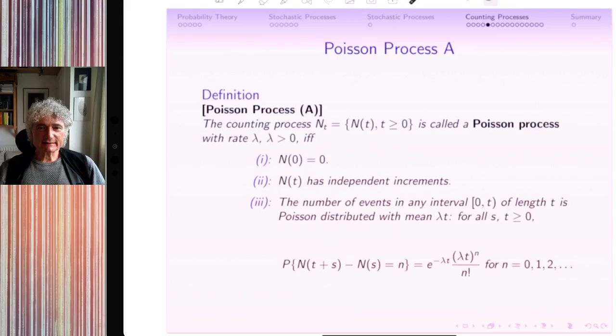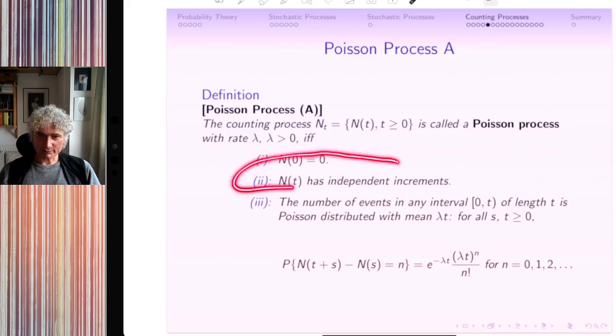So let's go to the first definition, which we call capital A. The counting process N(t), t positive in time, is called a Poisson process with rate lambda, a positive rate, if and only if: 1, at the beginning we count nothing, so we start with 0 events; 2, N(t) has independent increments according to our definition; and 3, the number of events in any interval of length t is Poisson distributed with mean lambda t. That means for all